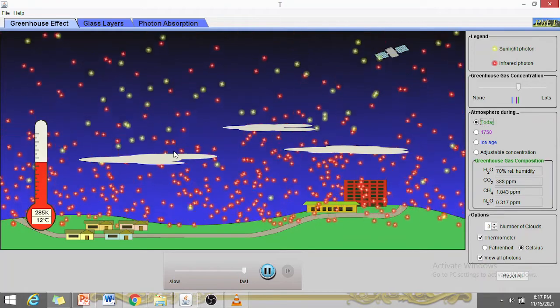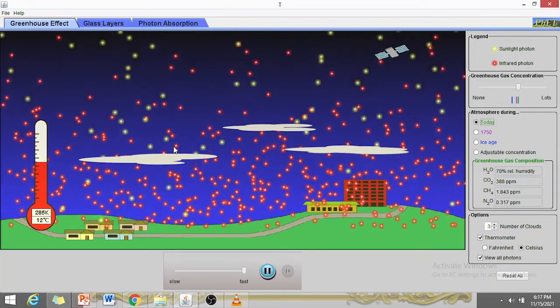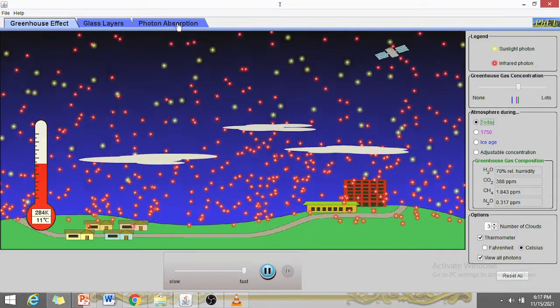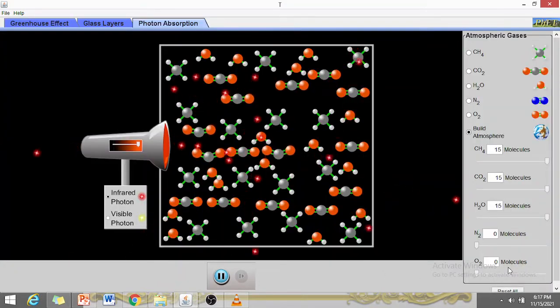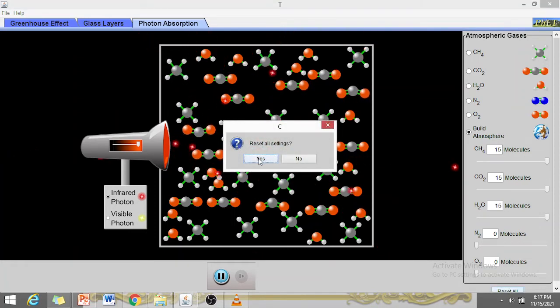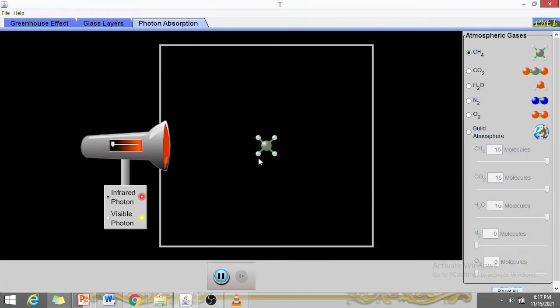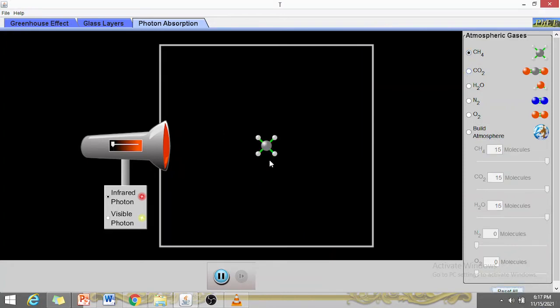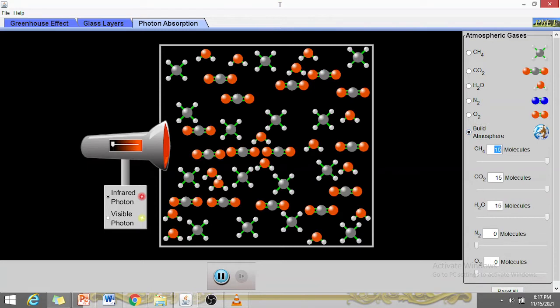So, ngayon ma'am, paano naman po yan nagtatrap? Okay, paano man ma'am nagtatrap etong mga greenhouse gases na ito? So, again, there is a simulation here. I-reset ko nga po. So, this is a hypothetical atmosphere. So, let us try to build an atmosphere para ipapakita ko sa inyo kung paano nagtatrap etong mga greenhouse gases na ito. So, remember, CH4, i-reset nga natin ito. I-reset natin ito lahat. Tanggalan natin muna to para makita nyo mamaya.